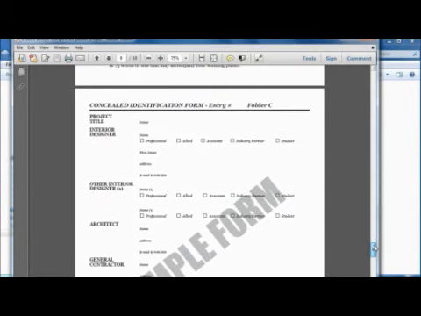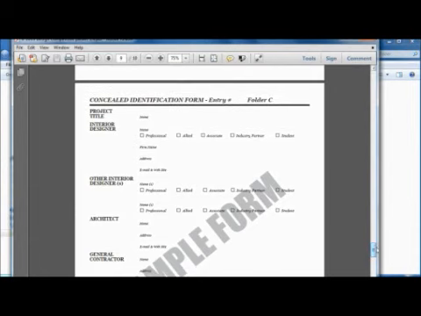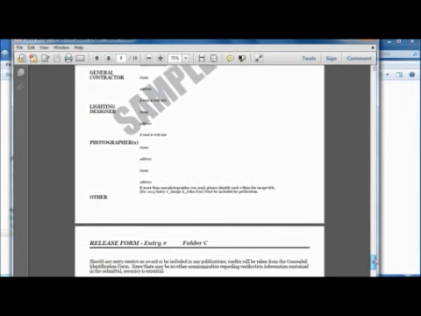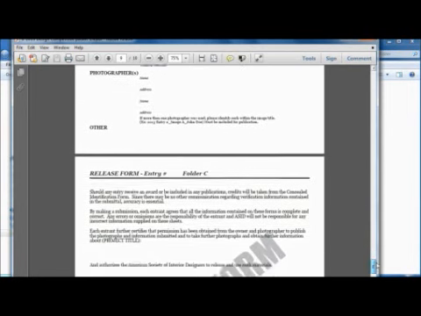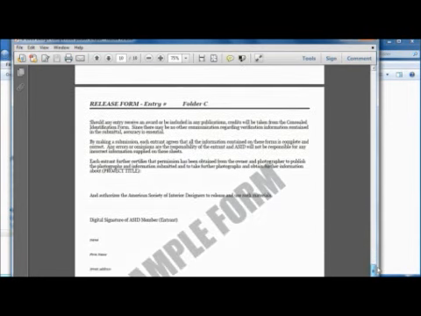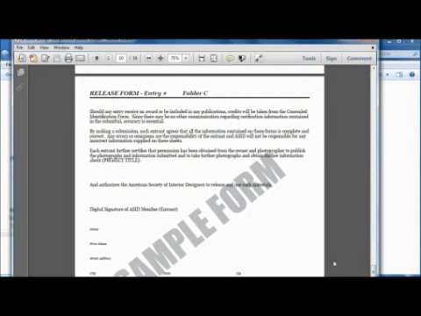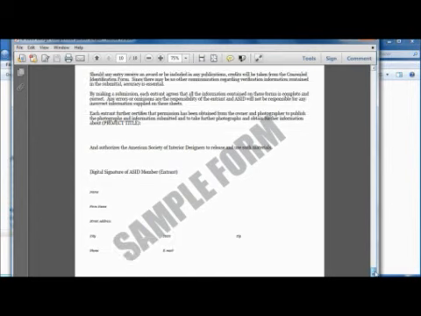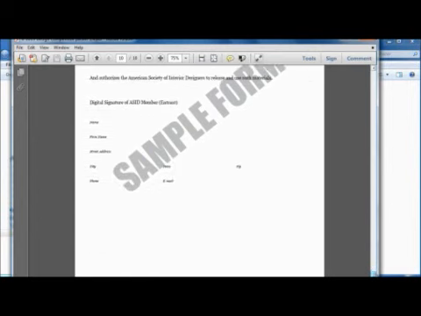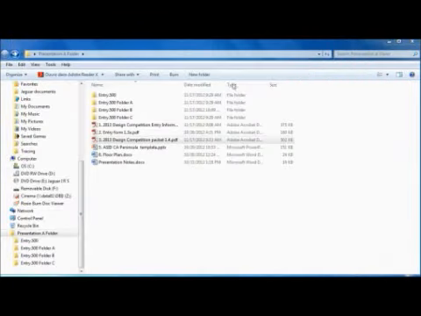Okay, this again, entry number, folder C. All this information should be filled out. And your release form, again, there's a digital signature. You can scan your signature and submit it here and place it in this document. And then everything else can be saved and submitted in folder C. So let's go on to folder B,